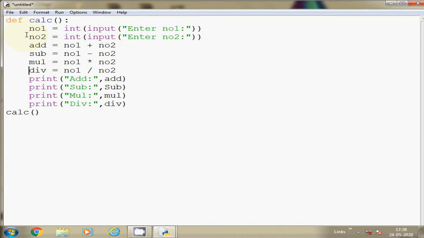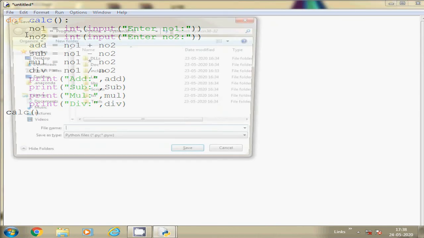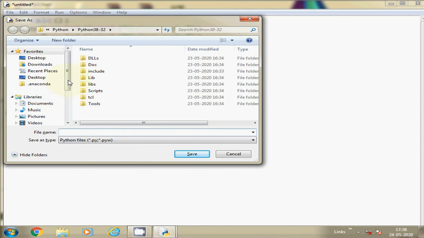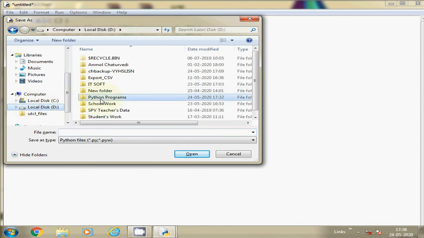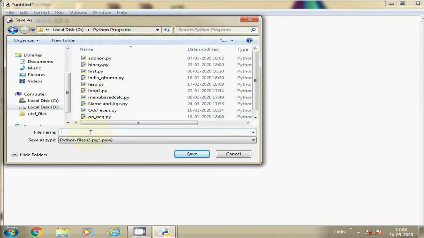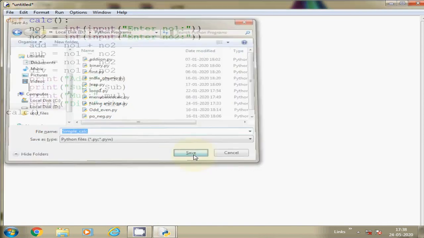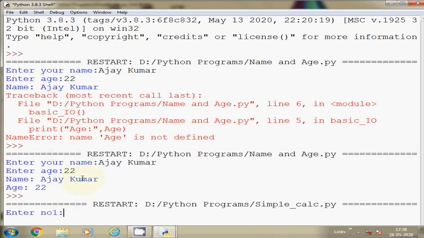So let me run it again, saving the program in the same folder. Simple calc. Save. Now number 1 15, number 2 3.